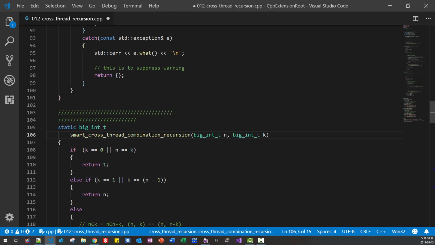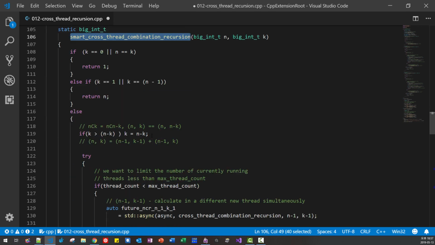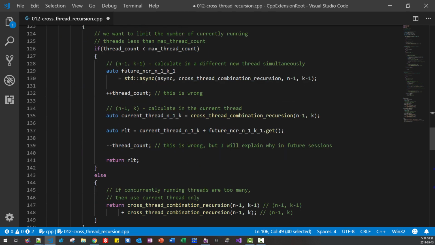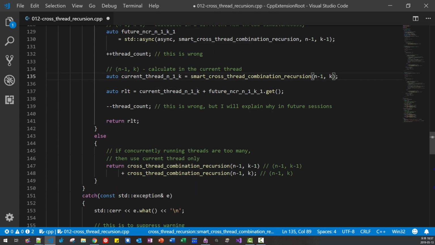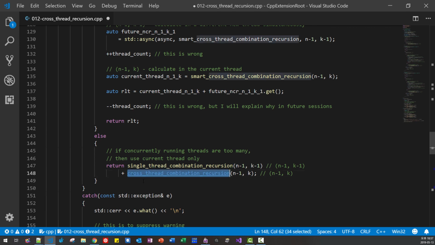Okay, I modified the function name. I copy it. Here I will use single thread. Okay. Then I also use it single thread.